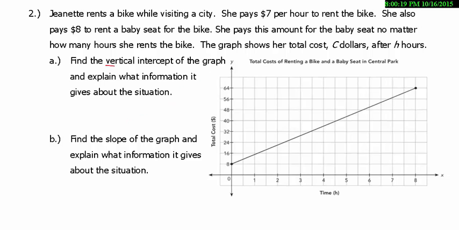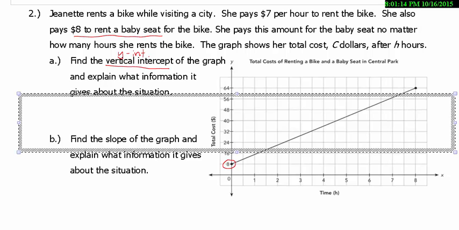So again, vertical intercept implies y-intercept. And if we look at the graph, we should be able to find that the initial amount, the starting value, is 8. And hopefully we can see that that $8 is the initial amount it costs to rent the baby seat. So if we are going to explain what information this gives about the situation, we would say that